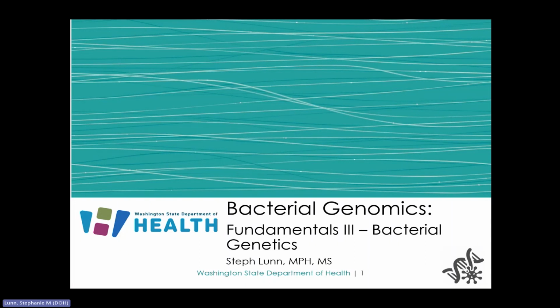Previously in bacterial genomics, we started off with part 1 of bacterial genomics fundamentals, and we talked about some assumptions of bacterial genomes, how the genome was organized, and some of the content found in bacterial genomes. In part 2, we continued on with our theme of a bacterial genome as a concept. We distinguished between core, pan, and accessory genomes and discussed a little more about the assumptions of bacterial genomes.